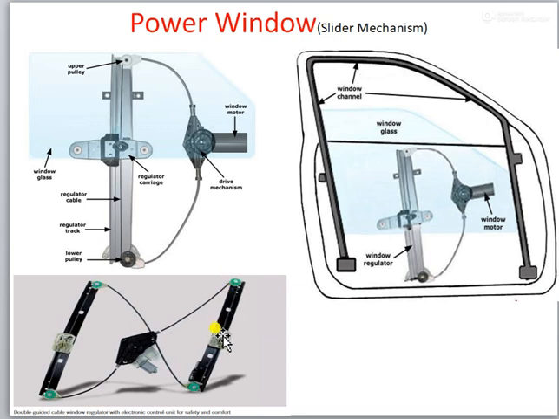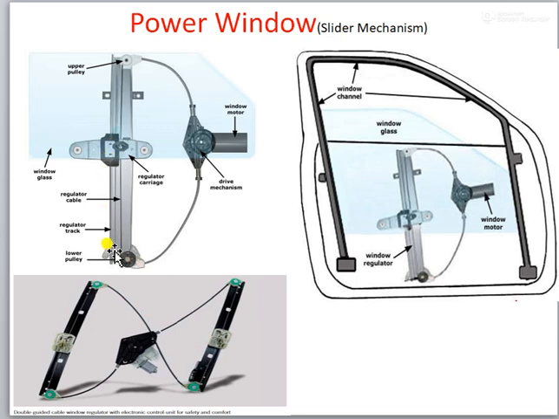and tied to the second regulator carriage. The other rope's first end is tied to this end of the regulator carriage, passing through a pulley and going directly to another pulley, and connected to this end of the second regulator carriage. Now, with the clockwise and anti-clockwise rotation of the motor, this rope gets movement over here.